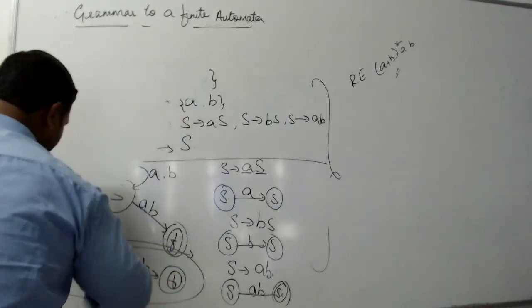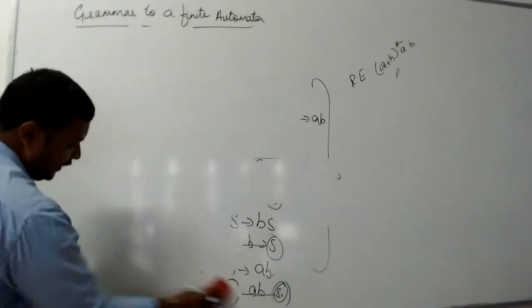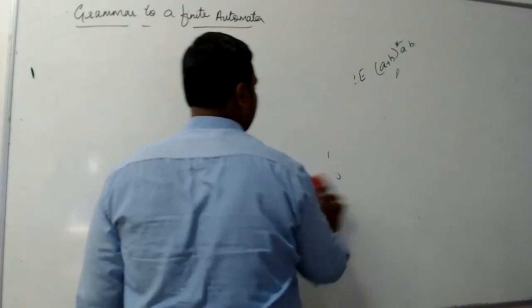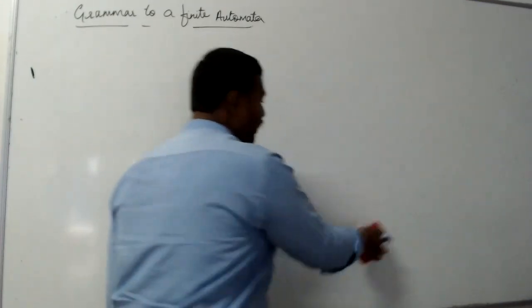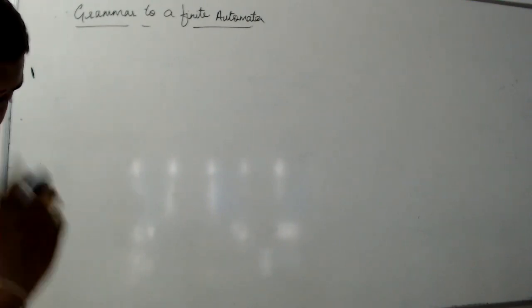We'll move on to a little complex problem. Very simple to analyze and get the solution. Don't forget to follow the procedures. If the procedure is known very well, then the solution for these things will be not at all an issue. Okay. Next, again, obtain a finite automata from the following grammar.